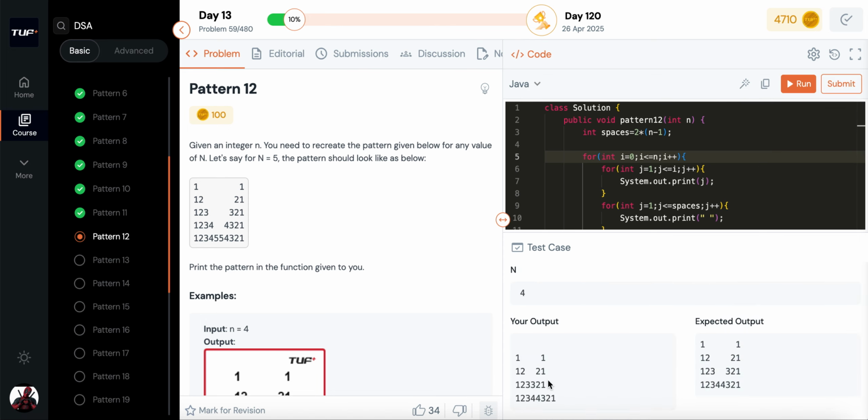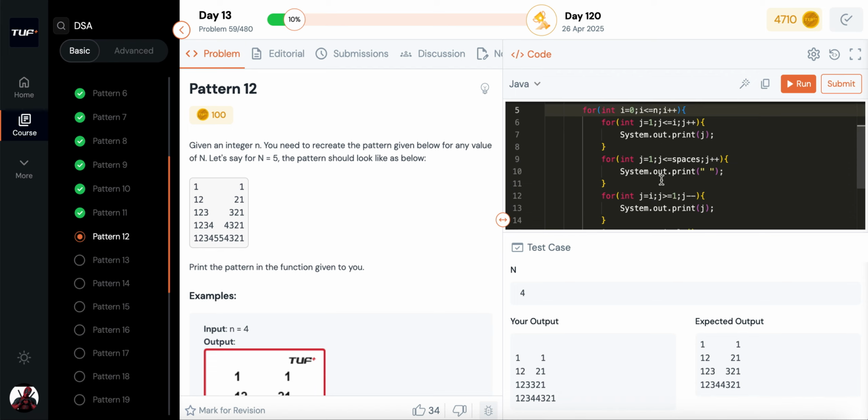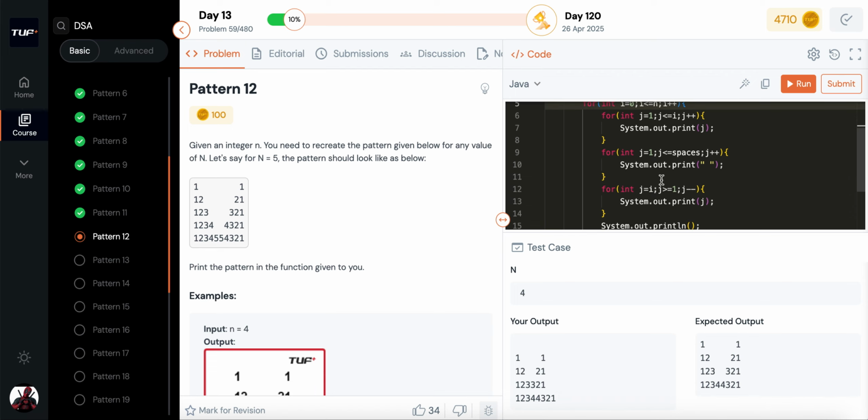Wrong answer, because I have done some mistake in the spaces. Let's check it out. j plus plus, print space, that many number of spaces, and